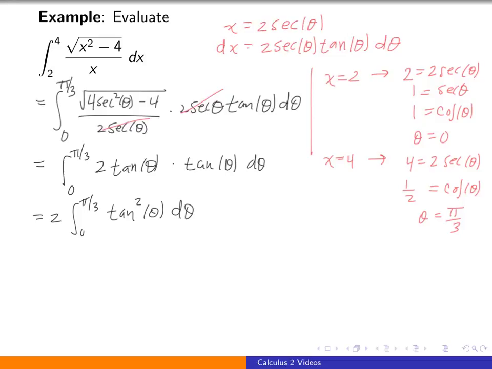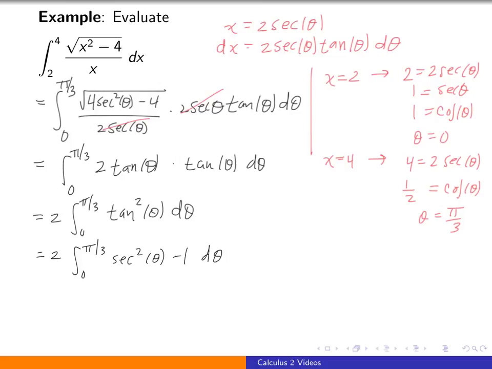Now looking back to our techniques we used for evaluating trigonometric integrals, what we have is an even power of tangent and no secants present. So what we need to do is rewrite this tangent squared in terms of secants via the Pythagorean identity. So this would be 2 times the integral from 0 to pi over 3, and tangent squared is secant squared